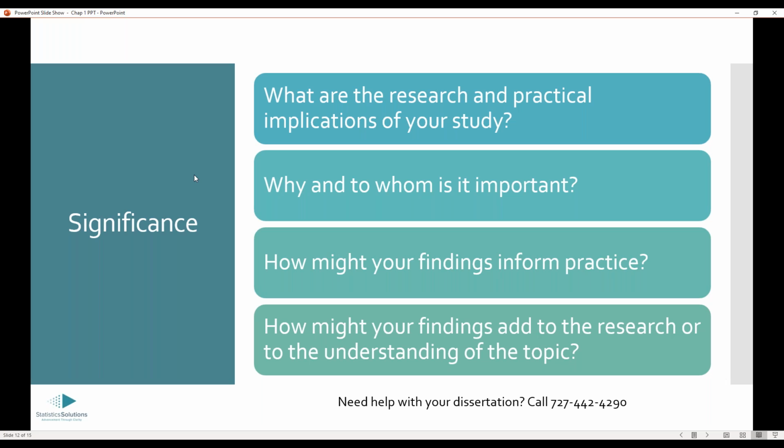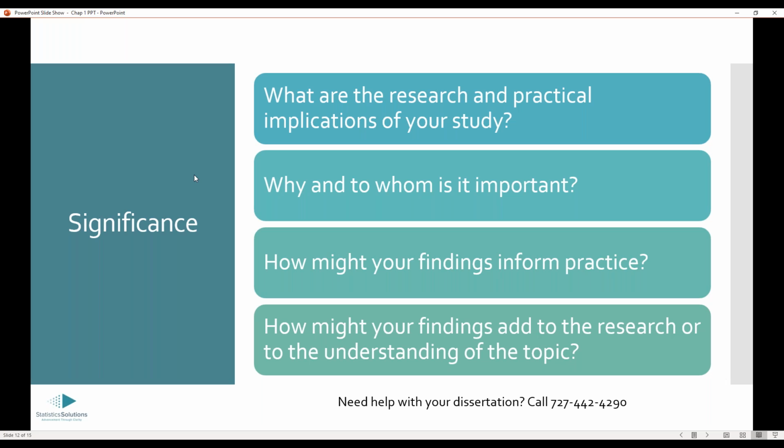We need this knowledge in the literature. That's why you're conducting your study. And people say, great, well, you're filling a gap in the research. Okay, but who cares? What's the point other than just filling the gap in the knowledge, which is great. It's a start, but there needs to be a bigger reason,